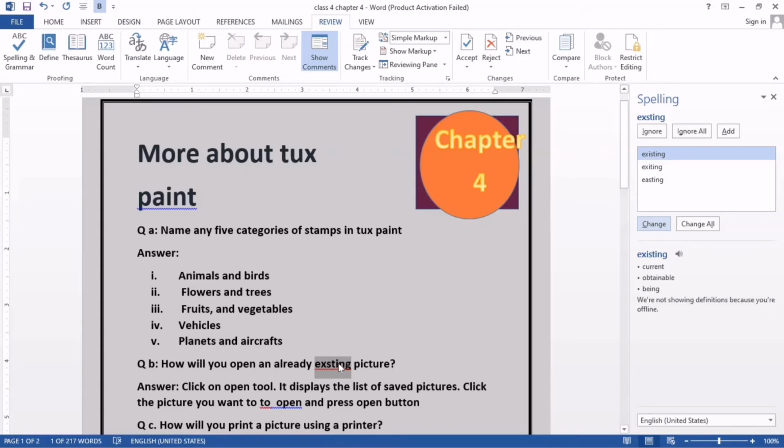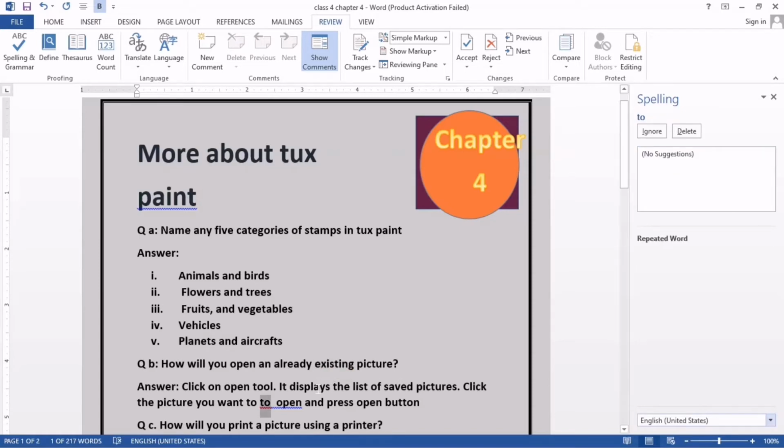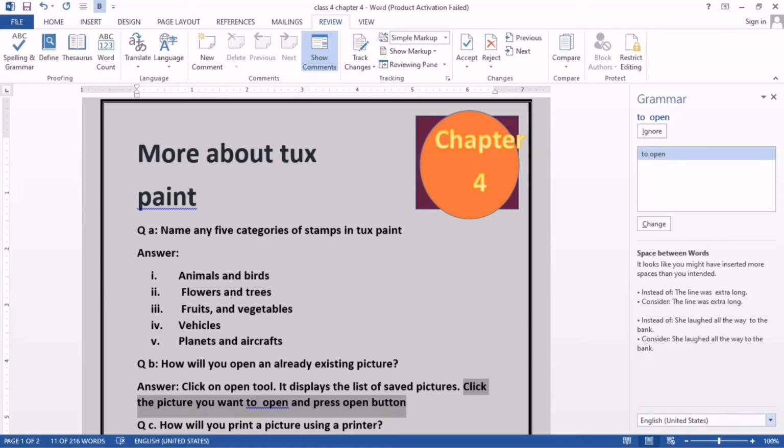Now you can see here again it tells me there are three options, existing spelling, this one or this one. Okay, I select this one, or you can ignore this, but there is a mistake, so I change it. Now here you can see I wrote a word two times, so that's why this is a mistake. And after this, open, there is no mistake in the spelling of open, but because this is wrong, it's a mistake. So they say either ignore or delete it, so I delete it. Okay, so this one time delete.